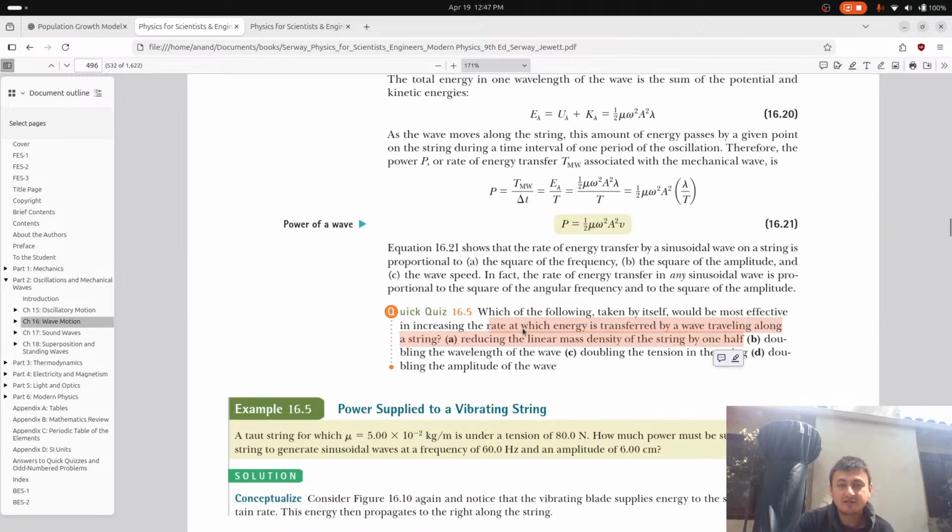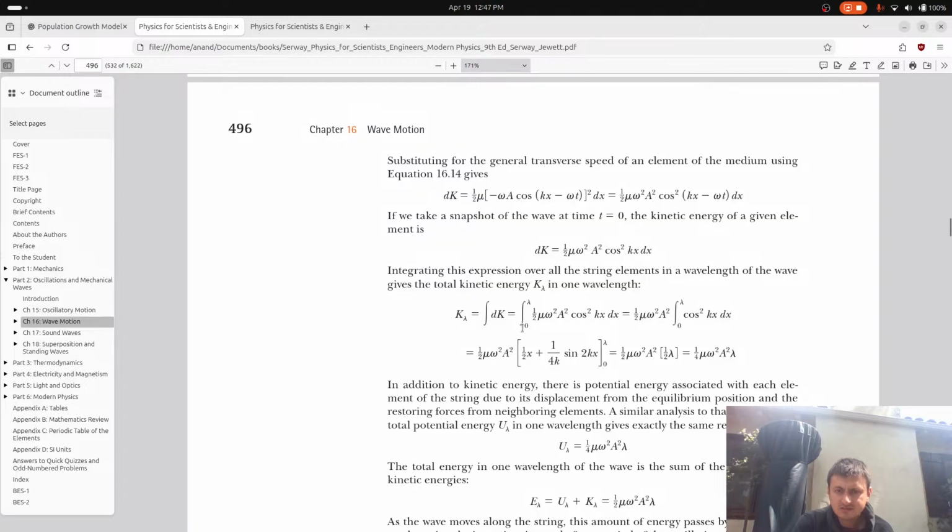Is that really what they integrated? It's kind of a nasty integral. They simplified it because t is unchanging. But was it this? It was 1/2 mu omega squared a squared cos squared kx. Okay, cool. All right, so now we get dK, or let's just say K is equal to 1/2 mu a